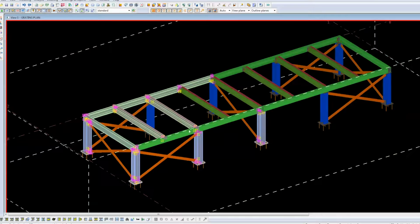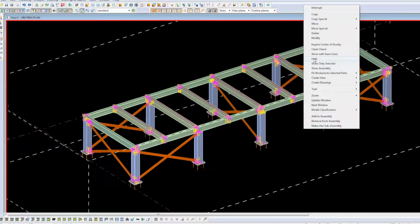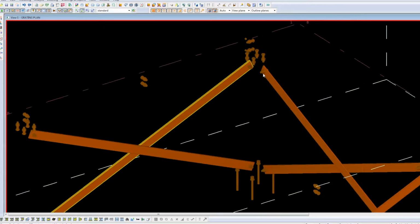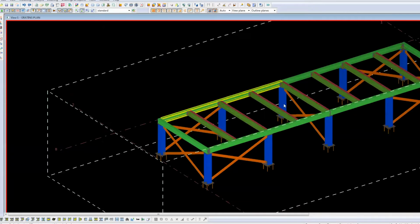You'll notice I'm not picking the orange assemblies, and that's intentional because they're what I call a loose assembly, i.e. there's no welded parts on them, and I put them in class 13, which tells me that they're loose assemblies at a glance. If I hide them now, I shouldn't see anything other than bolts and the loose bracings, which is correct. Okay, so